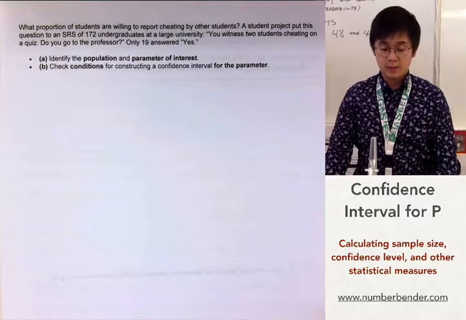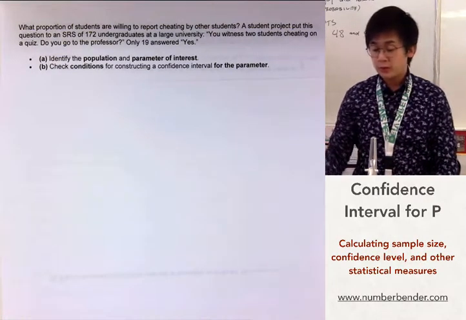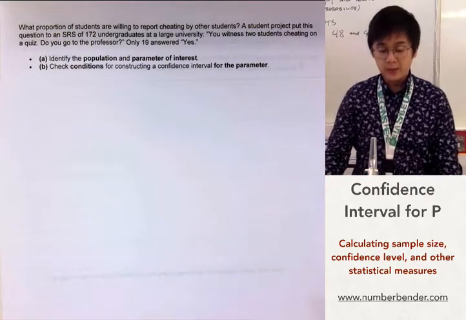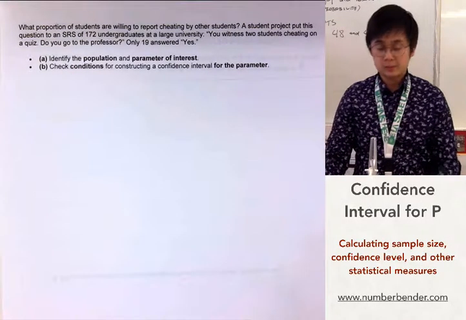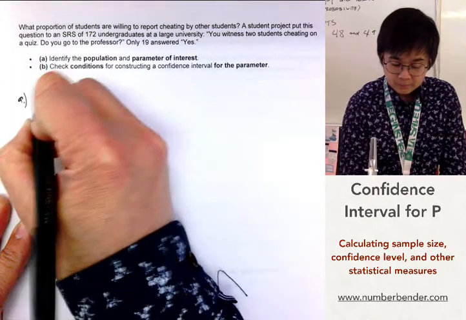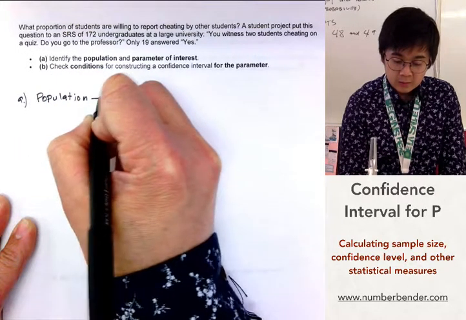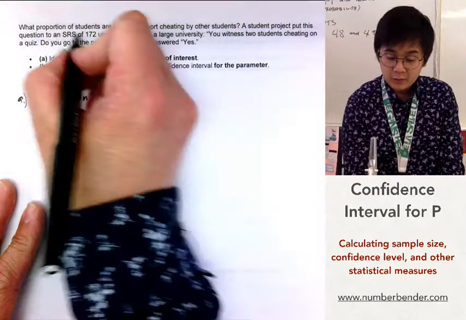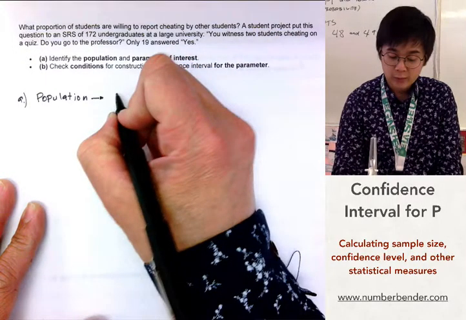Sasagot naman tayo ng mga problems involving confidence interval sa population proportion. So yung una nating sasagutin is identifying population at parameter of interest given dito sa word problem na meron sa ating ngayon. So for letter A, so for this particular word problem, yung population natin would be itong lahat ng mga students sa university na to. So to write it out,